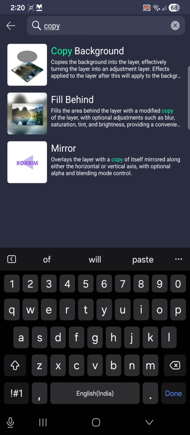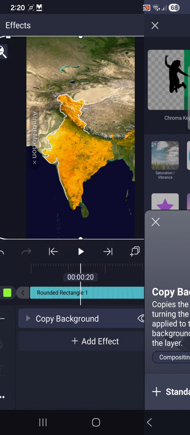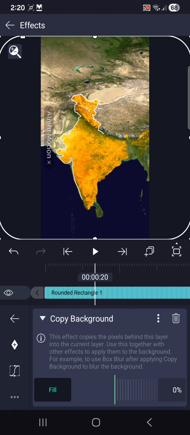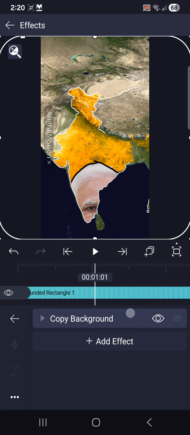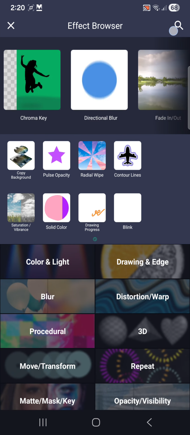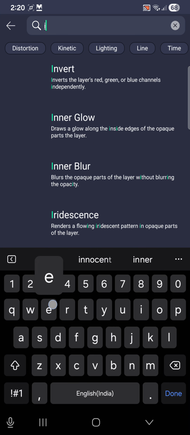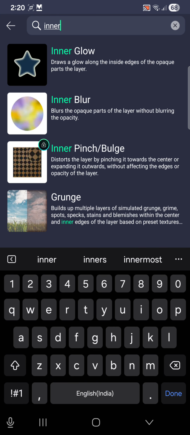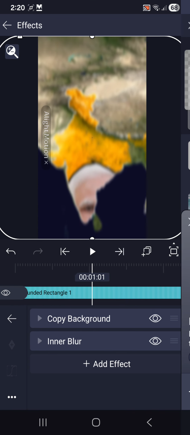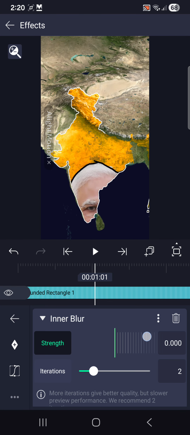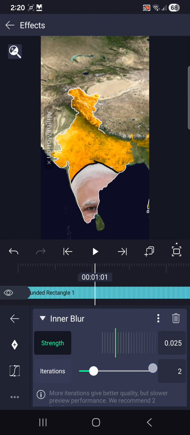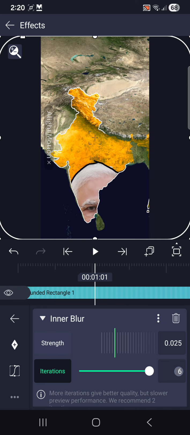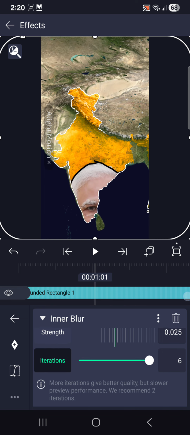Add it in standard settings and keep the fill to 0, and add an inner blur on this layer. Adjust the settings and increase the iterations to the max,